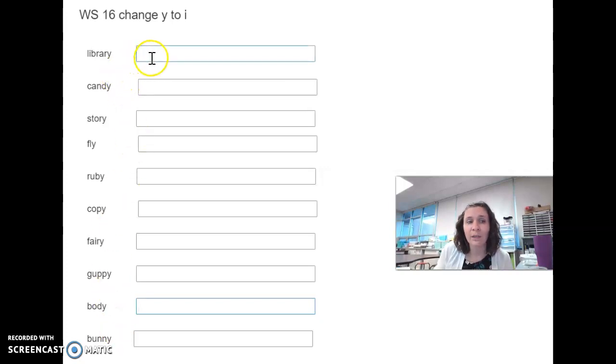You are going to retype the words in the columns by changing the Y to an I before adding the ES to make it plural. So library will become libraries. Candy will become candies. The important thing here is that you have to spell the words correctly to get this